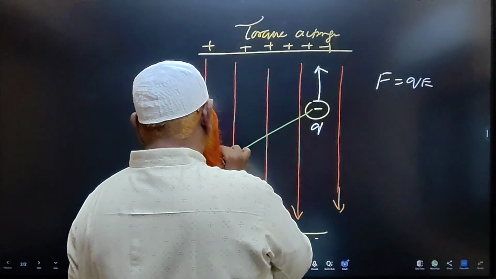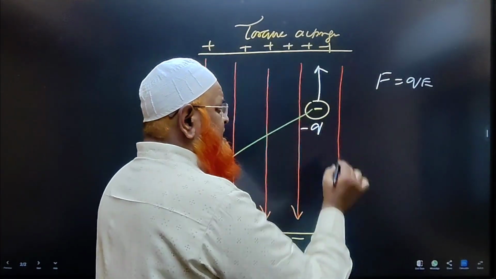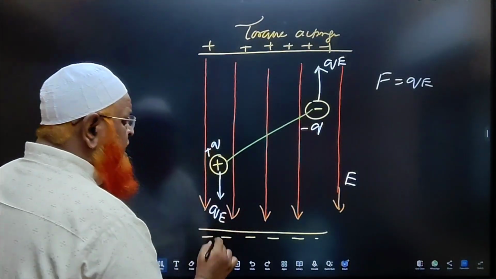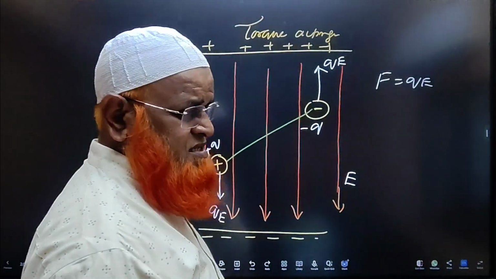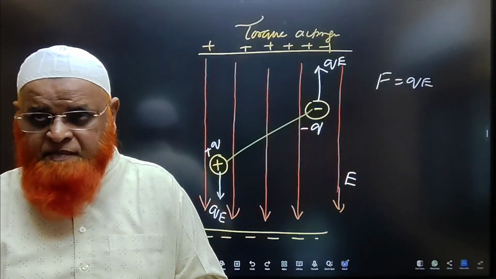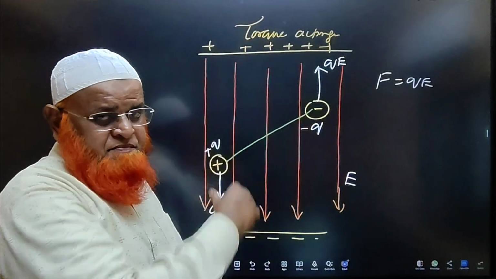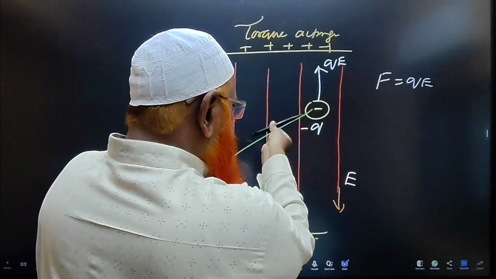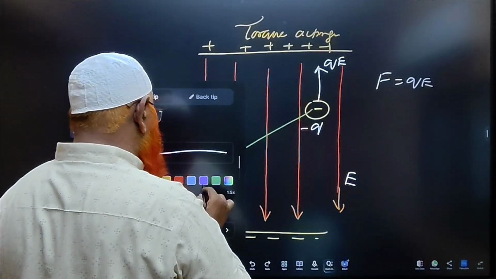So this is plus q, this is minus q, and the electric field is E. This side the force is qE, and this side also the force is qE, and this is called a couple of forces. Both are going to be the same. When two forces simultaneously act in an anti-parallel direction, they align this electric dipole along the electric field. Now the negative will come this side and stop like this. Okay, now if I draw a dotted line,